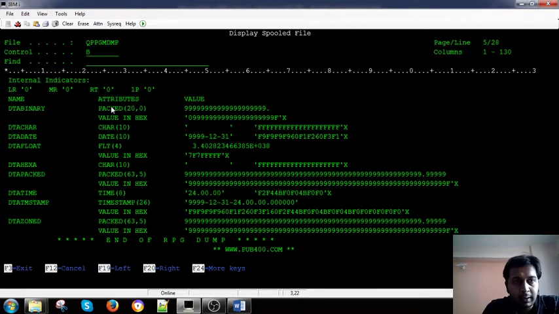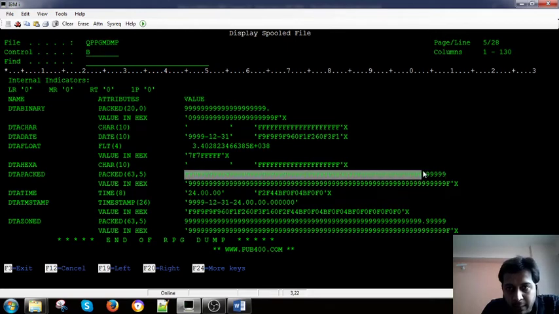So you can see the packed, the binary field, this is for the binary, for the character. Let's start with the packed one. So this is the packed one. So you can see there are 5 decimal positions and 58 positions are of the part, right? So this is 63.5. Again this is the zone one, right?